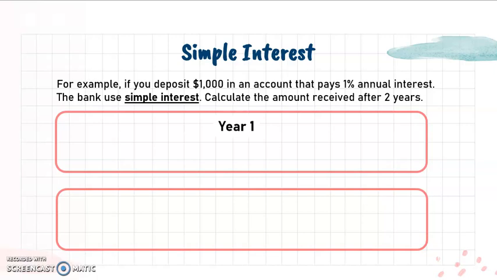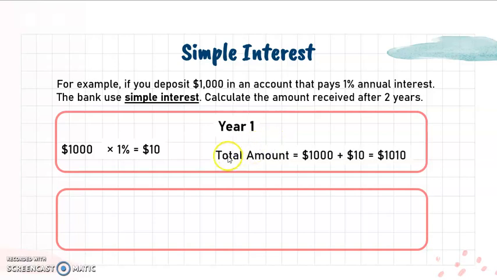So for example, let me explain to you an example of simple interest. For example, you deposit $1,000 in an account that pays 1% annual interest, and the bank uses simple interest. Calculate the amount you receive after 2 years. So simple interest means that the $1,000 deposit multiplied by the rate gives you $10 of interest in year 1. So the total amount that you receive is